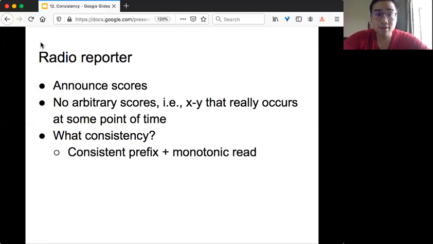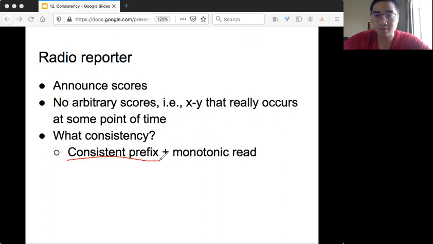And then for that, it's a consistent prefix. So intuitively, what consistent prefix means is that the write operations always occur in a certain sequence that really happened at some point of time in history. But by itself this is actually not enough for the radio reporter, because it's possible that at first it's consistent and